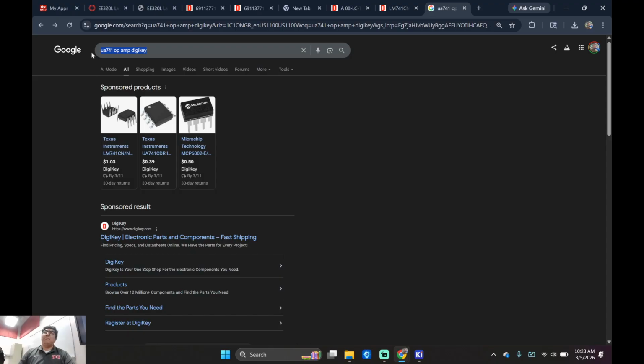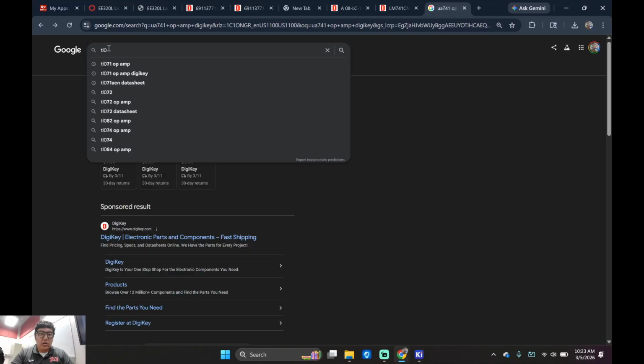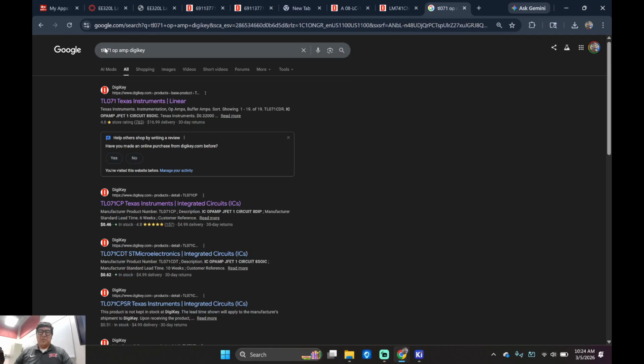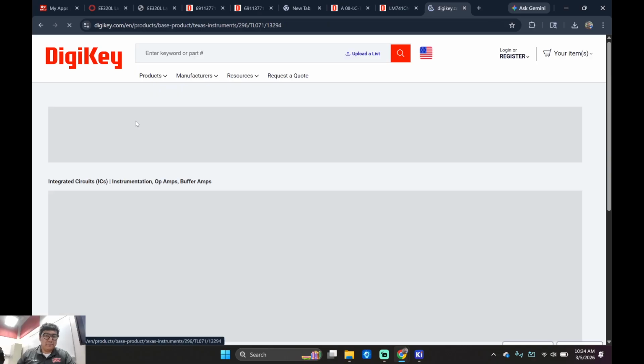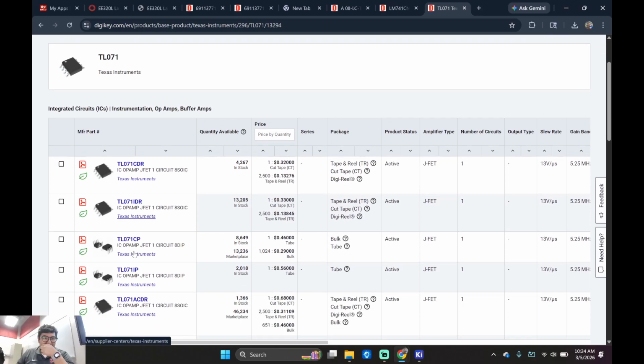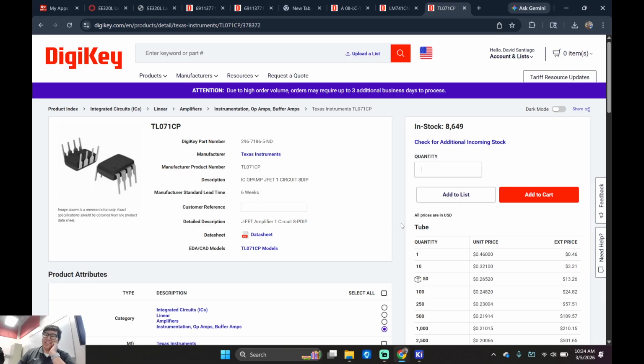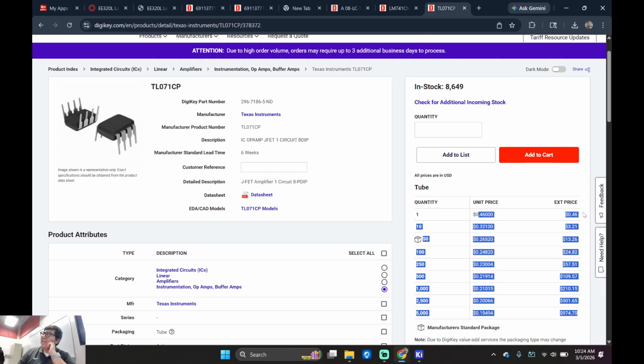And then there's another op amp I want to tell you guys that you can use. It's called the TL071. I haven't told the other class, so you guys are a little more special to know this. And we're looking for the 8 DIP, right? If I click on this right here, how much does this cost? 46 cents, right? But if I buy 1,000 of them, it's only 20 cents, okay?